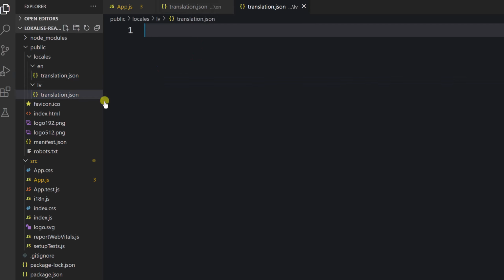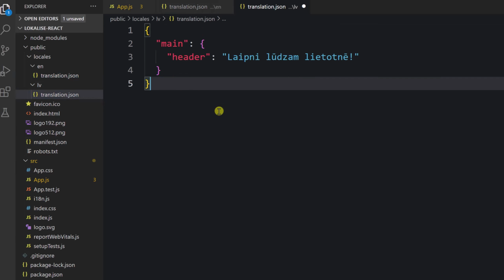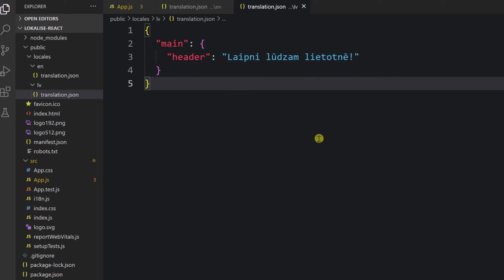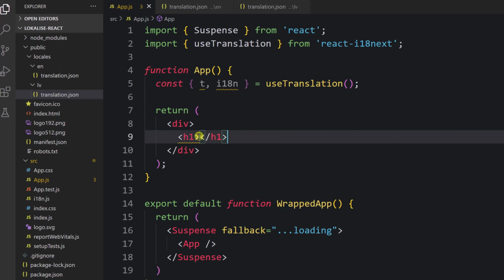And also we have to specify Latvian translation, so let's say something like that. Please note that the key names must be identical, of course, whereas translation values, well, those will be different. Now, how do we use these translations? Well, in reality, it's nothing too complex, so we have to use this T function and provide the key name